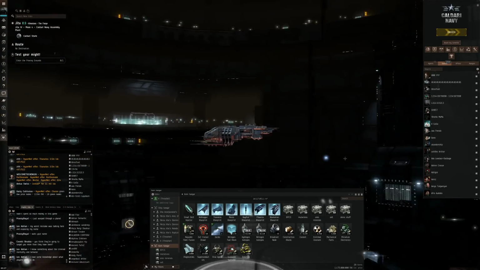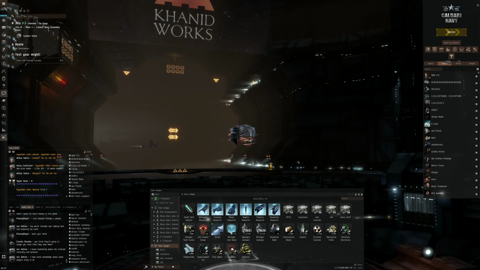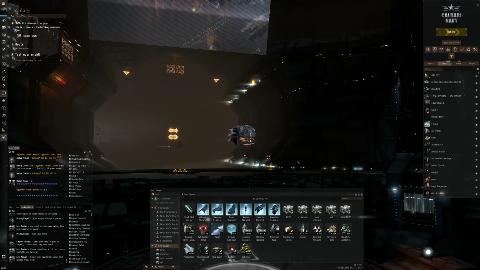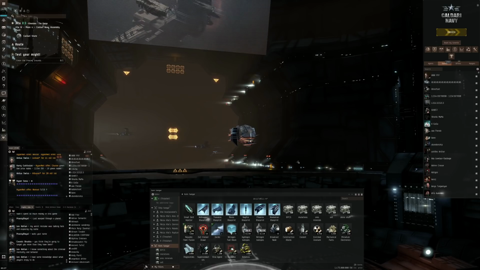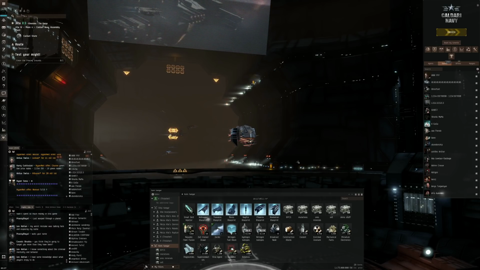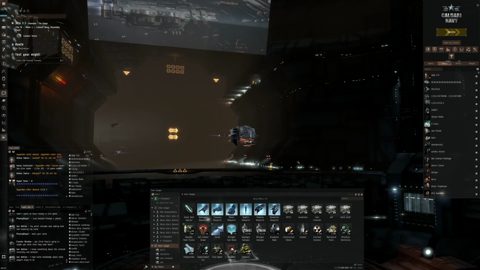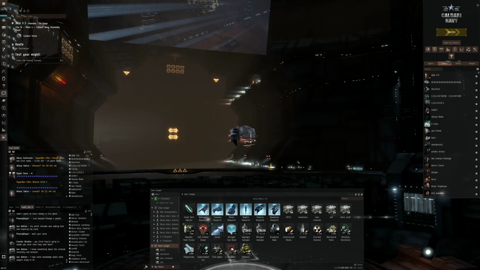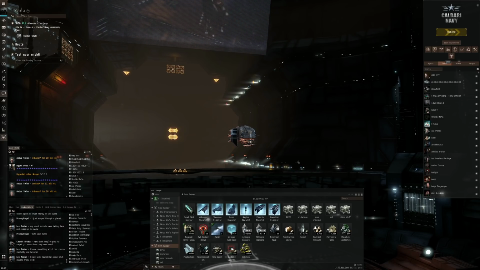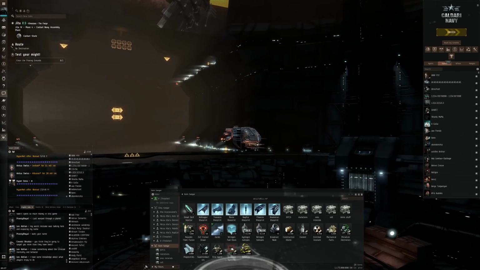Today's video is going to be from JITA, the largest trade hub in EVE Online, because I want to take a look at the impact of the new proving grounds on the market in EVE Online. So far I think it's going to be pretty interesting because we have different types that CCP is trying at the moment. We have the 2 versus 2 cruiser meta that is going, so we'll take a look at that